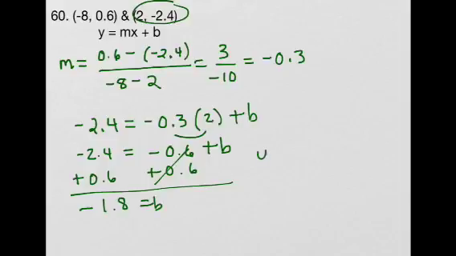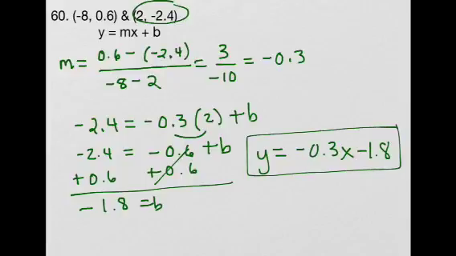So the equation would look like this. y equals negative 3/10 x minus 1 and 8/10. There you have it. All right, for number 65, they want you to